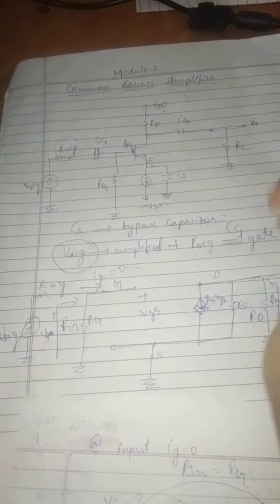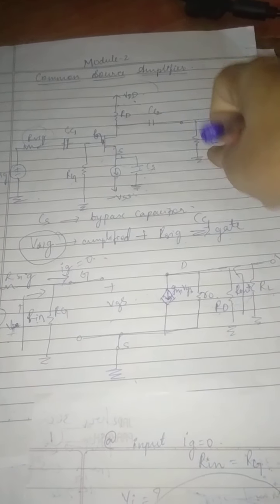So, briefing whatever we have done till now. We have considered a common source amplifier circuit. In this circuit, how to draw the circuit? As I told, just consider a constant current source biasing technique. To that, give the input at this part, and to the source terminal connect CS, that is a bypass capacitor. Why do you need a bypass capacitor? Because we want a very small or zero impedance. So we have CS.